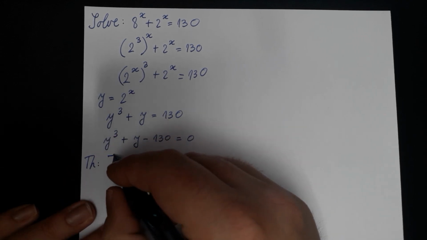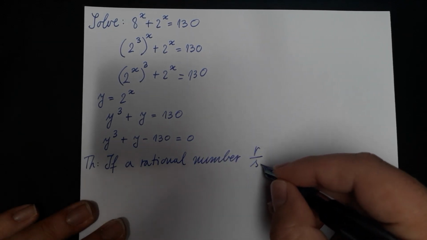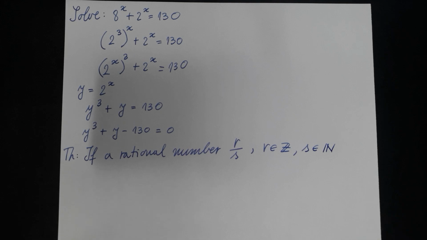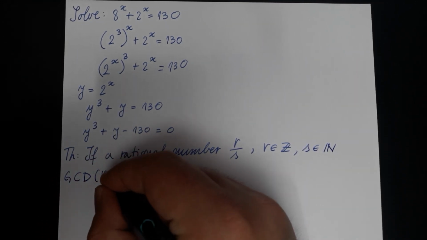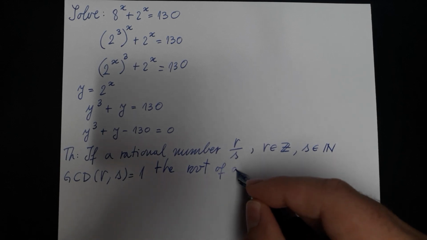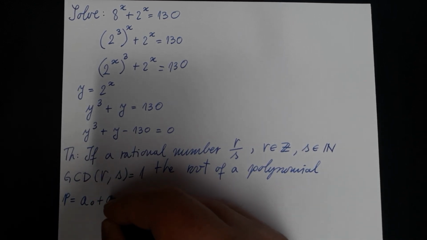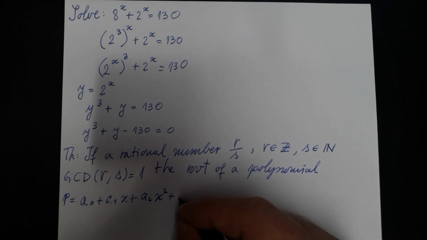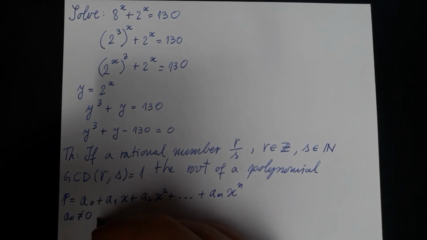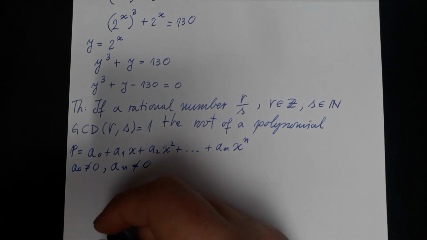If a rational number, a fraction r over s, where r has to be an integer and s has to be a natural number which is not 0, and the greatest common divisor between r and s is equal to 1, is a root of the polynomial p, which is a0 plus a1x plus a2x squared plus and so on, plus anx to the power n, where a0 is different than 0 and an is different than 0,